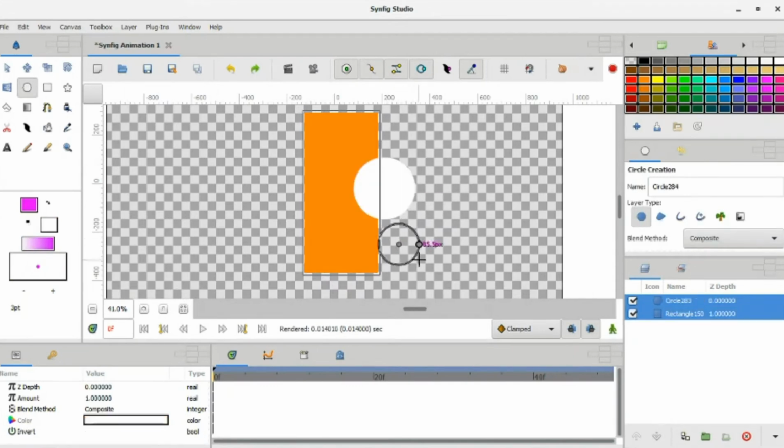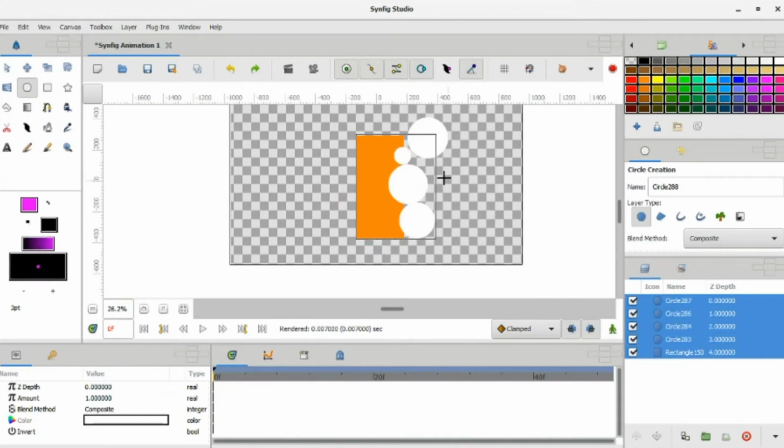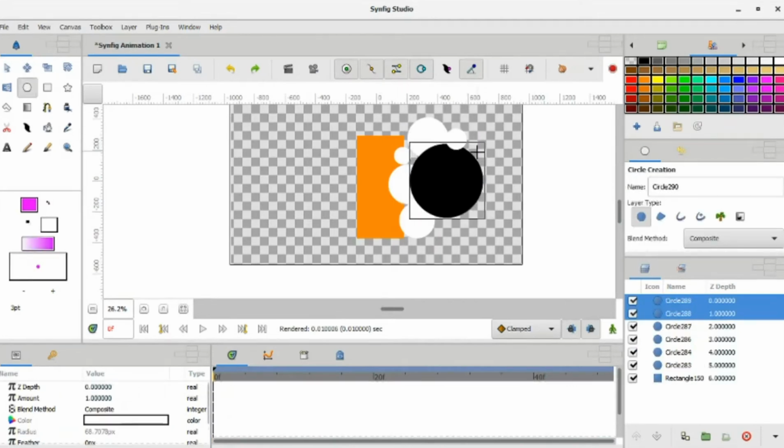Synfig offers features like bone rigging for character animation, which helps with smoother movement, and advanced controls for facial expressions. Synfig's dual interface, basic and advanced, means you can ease into animation at your own pace. While it can take a bit of time to learn, it's one of the best free tools for 2D animation